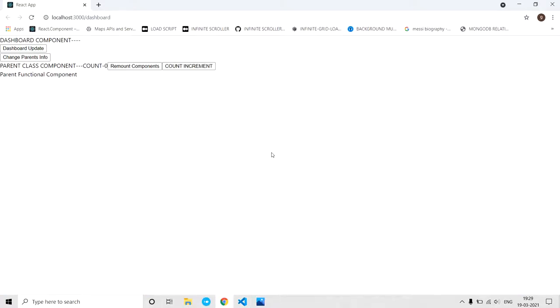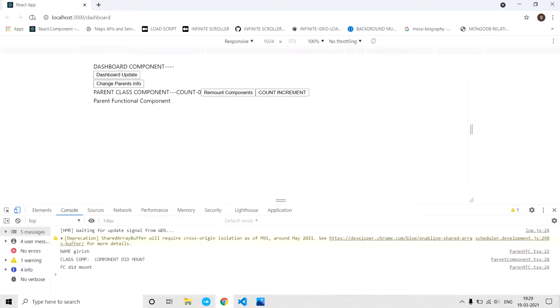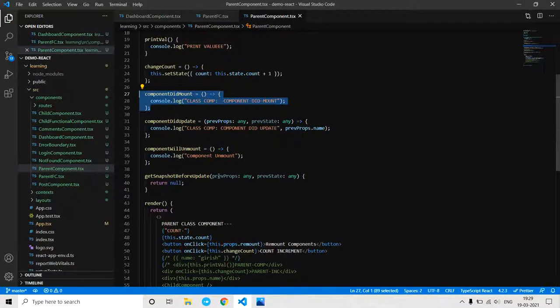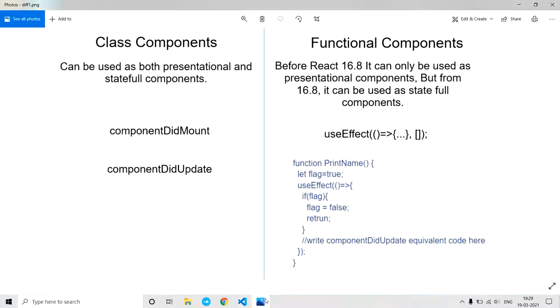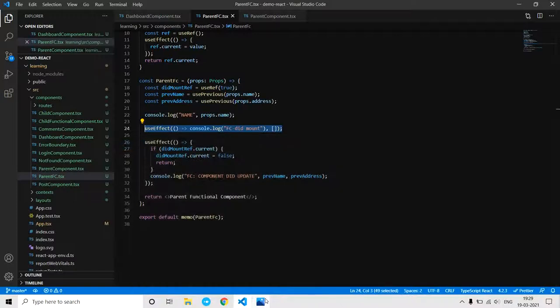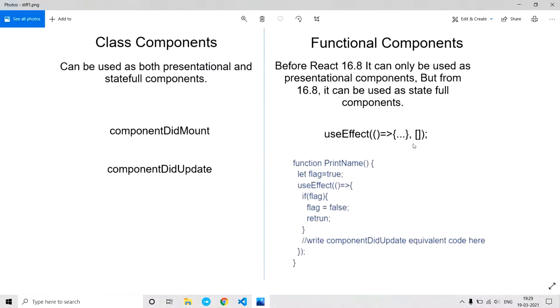I am going to open the console and refresh it. As you see, class component did mount and functional component did mount. These are basically texts from these components. You see this lifecycle is getting executed once the component gets mounted, and the same here, which you see in the chart. So this is pretty simple. componentDidMount can be achieved using this hook.